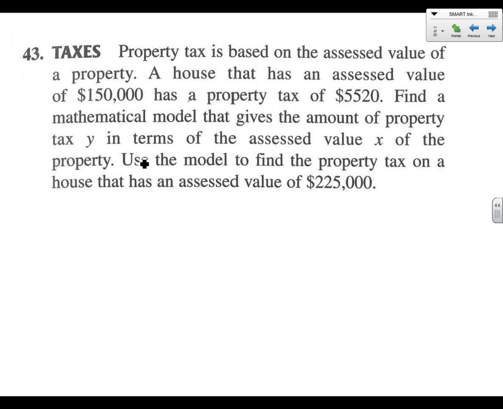OK, let's take a look at this. Property tax is based on the assessed value of property. A house has been assessed. So direct variation, y equals kx. A house assessed at $150,000 has a property tax of $5,520, and we want y in terms of the assessed value x. And so 150,000 is the assessed value. We know that that's x. We know that y is 5520,